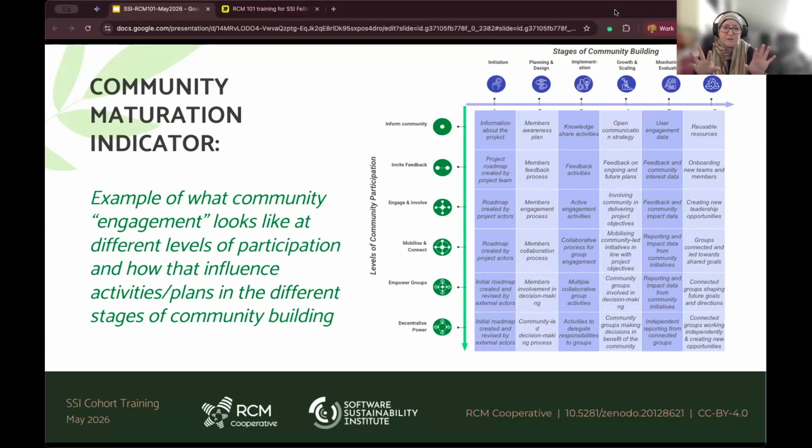These are just a few examples of what you can do if you link up these different levels of participation and the stages of community building. This is very limited, obviously, to one for each box, so there are lots of different examples of things that you can do. If we just look at one of them,